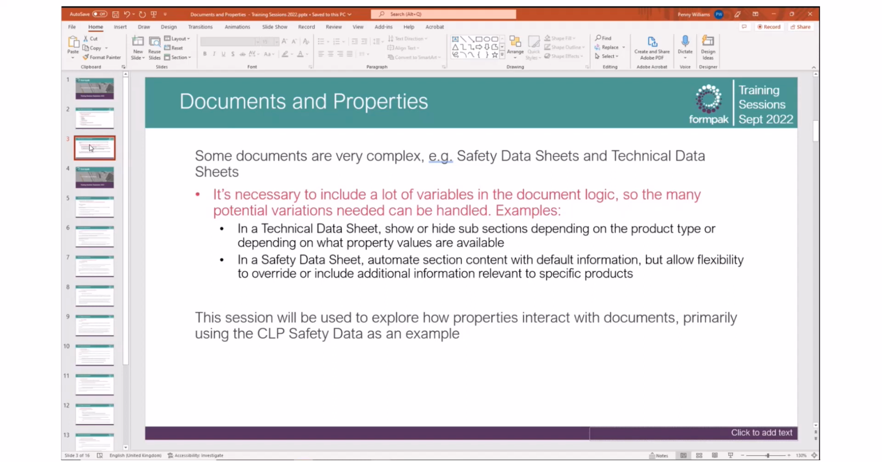So the intent for people using Formpak is that there is as much automation as possible, but that you also need flexibility. Ideally, you have all of your raw material information correct, and then when you add a formulation, you can press a couple of buttons and out pops a perfectly wonderful safety data sheet that's suitable for most people most of the time. And so what we're getting into in this session is for when it's not most people and not most of the time,